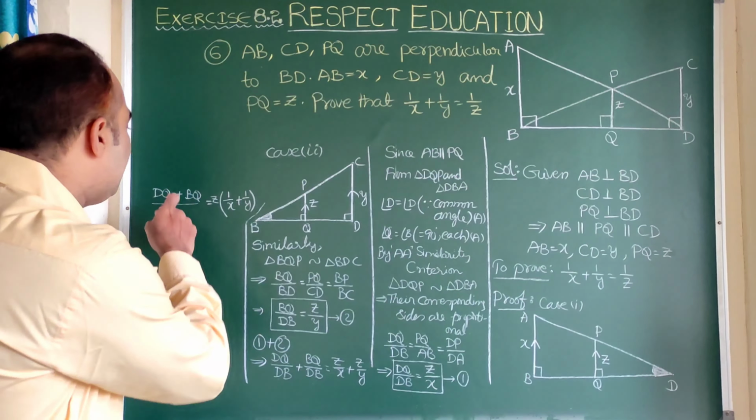Clear? So let us rewrite in a proper order. It can be written as 1 by X plus 1 by Y is equal to 1 by Z. So let us observe what we have to prove. To prove 1 by X plus 1 by Y equal to 1 by Z. Here you observe, we got 1 by X plus 1 by Y equal to 1 by Z. So with this we can write hence proved. So with this problem number 6 gets completed.